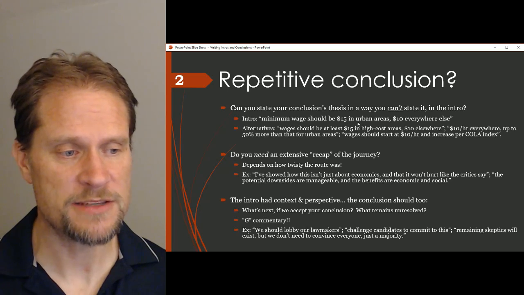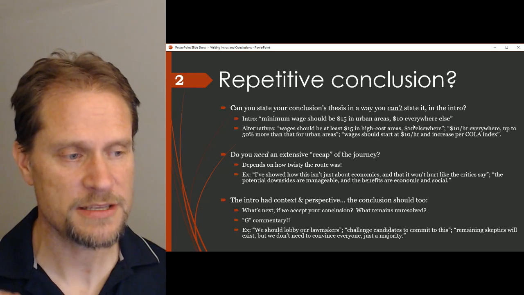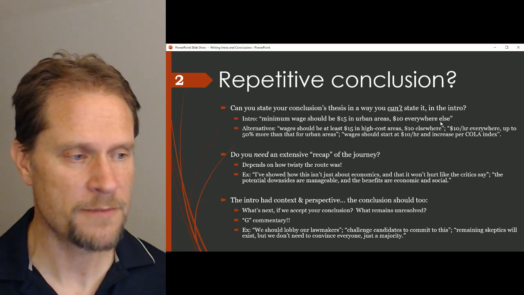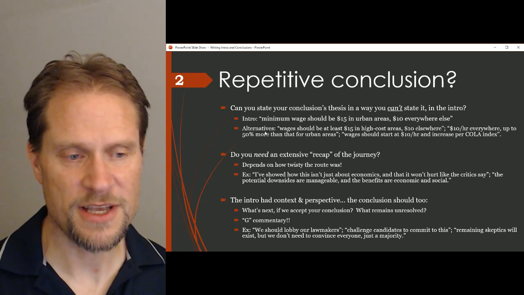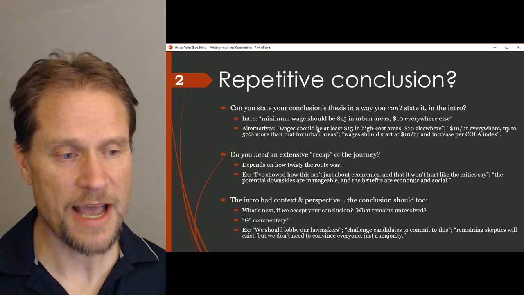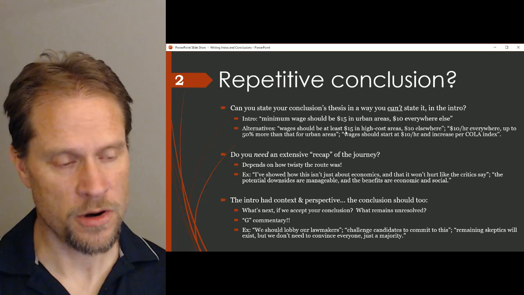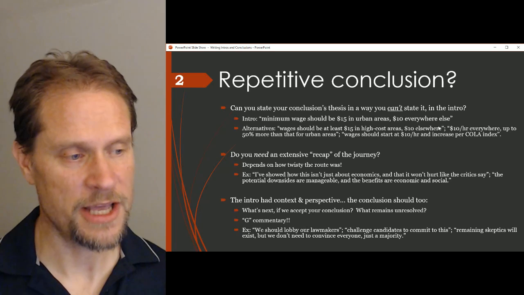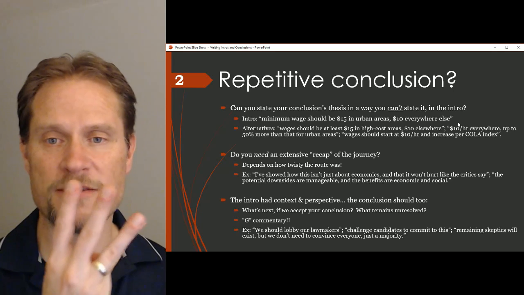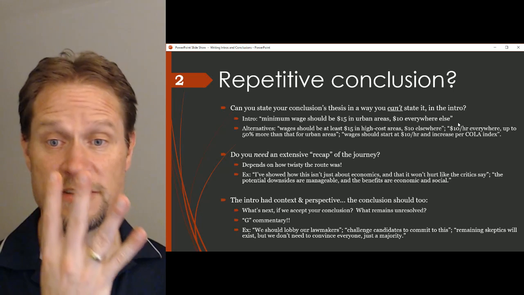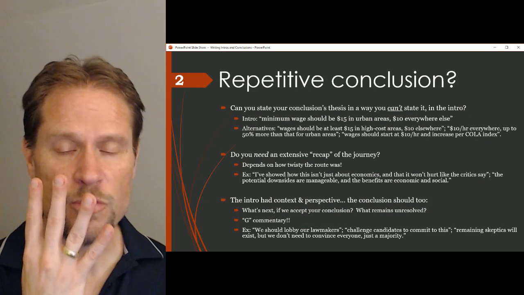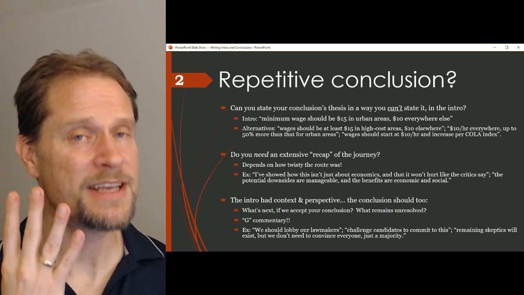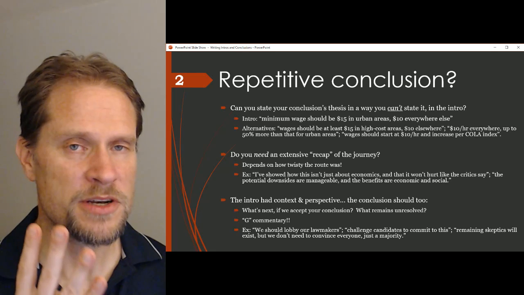Wages should be at least $15 in high cost areas, $10 elsewhere, right? Or $10 an hour everywhere, up to 50% more, $15, more than that for urban areas, right? Or wages should start at $10 an hour and increase per COLA index. So that's 3 different ways to say the same kind of thing, plus the 4th that I put in here, right? So there are ways to rephrase your conclusion to say essentially the same thing,